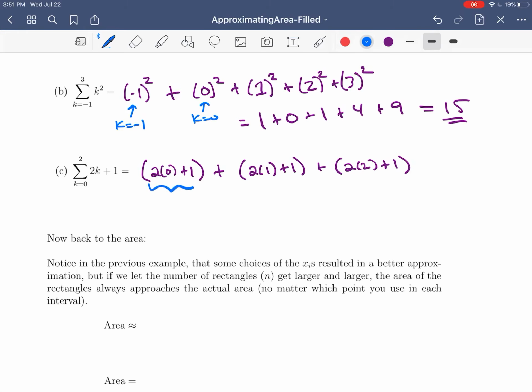So let me just write, this is k equals 0, k equals 1, k equals 2. So this is going to be 1 plus 3 plus 5. So it's the sum of the first 3 odd numbers. That's going to give me 9. Okay, so that's just a quick